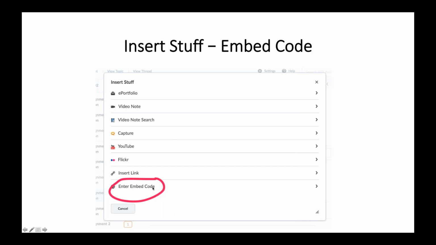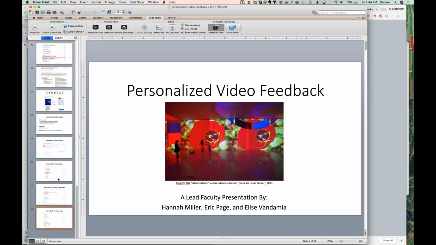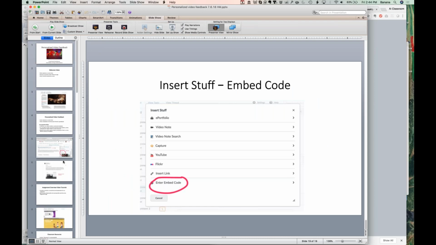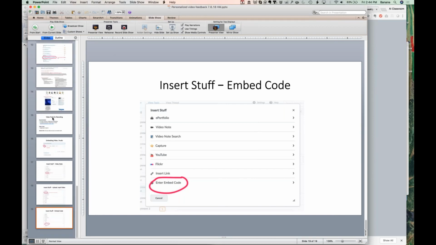You need to scroll down to find this. Unfortunately, it's the last option. I don't know why, because it's a very useful one. But there it is. You can just insert your embed code. So, maybe that was my last slide. So that's just the overview of some of the tools and some of the options that we have.